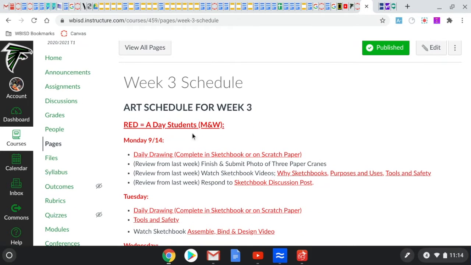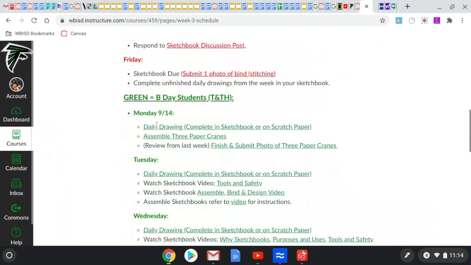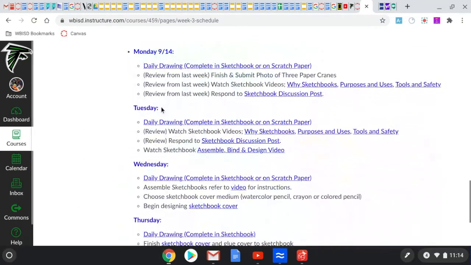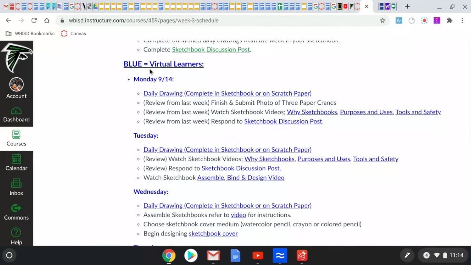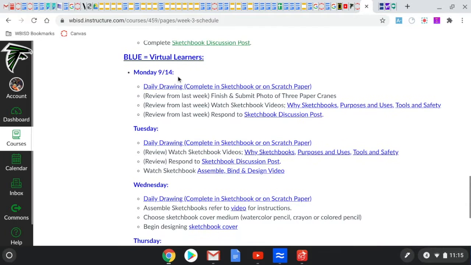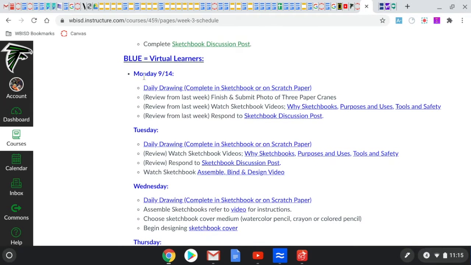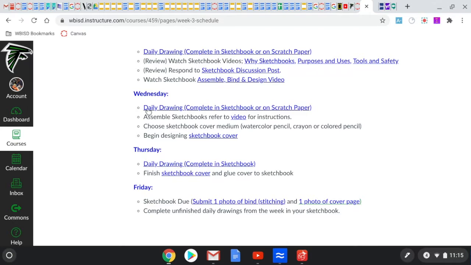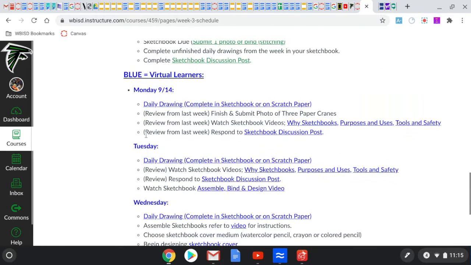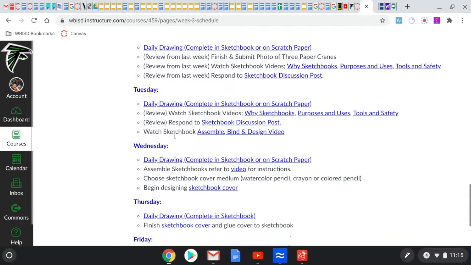Then I want you to look at the schedule. You're going to see it's divided into 3 sections. Red is A day, green is B day, and blue is virtual. You're going to see that the days of the week are listed there. Under each day is going to list in bullets your tasks. There's going to be assignments listed there and content that you need to look at in order to complete the